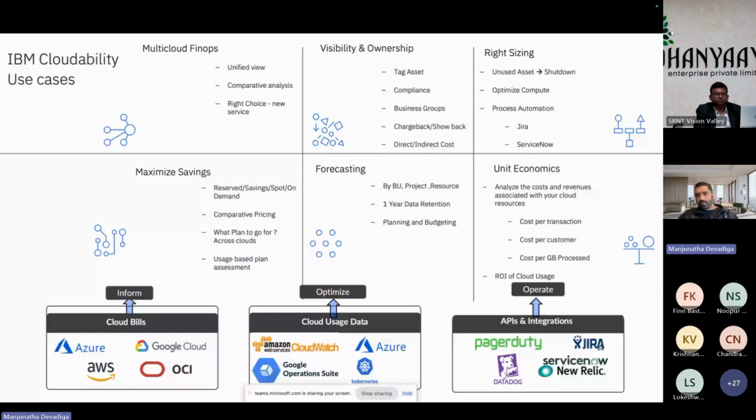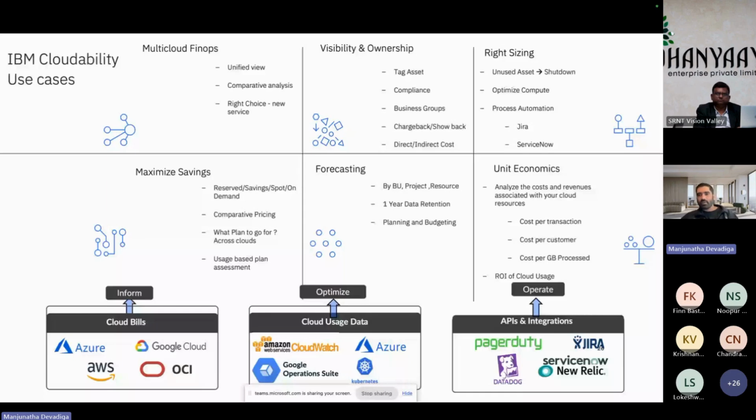And then the forecasting, in terms of, okay, what is my cloud consumption tomorrow? In your organization, someone asks you, okay, this year we spent around 5 million on cloud. What should be the budget for next year? Who will help you? Cloudability will help you, because it has all the trending data for more than a year, which will give you the data points and the graph representation of what could be the possible requirement in terms of budgeting for the next year. So those are some of the very detailed insights that Cloudability will provide us,